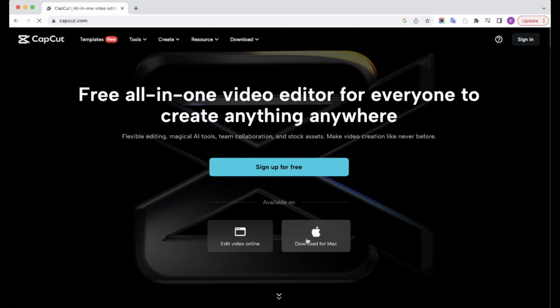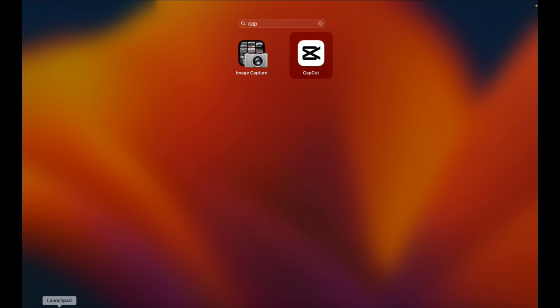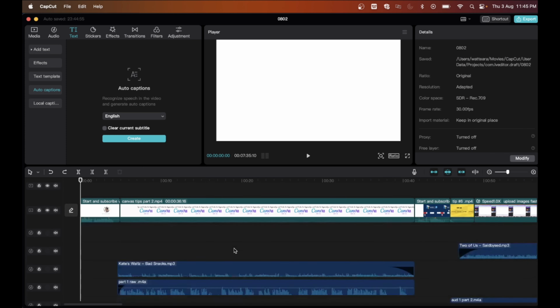To get the desktop app, also on CapCut.com, you can click on this download button and you can download the app for either Windows or Mac. The nice thing about the desktop app is you don't have to upload any of your clips.